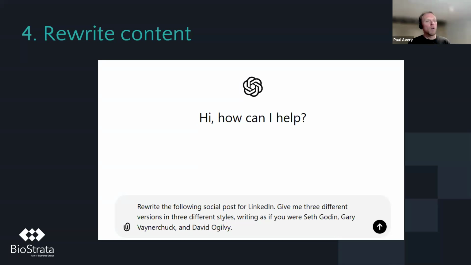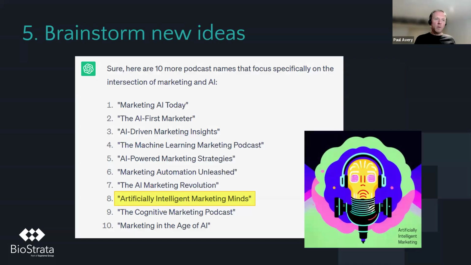But I could also ask for one that was in the style of, I don't know, Arnold Schwarzenegger, Pinocchio, and just start to get really creative and see what sort of interesting things I can get out of it. I'll also do a lot of brainstorming with the tool. So the idea for Artificially Intelligent Marketing, when we created the podcast, we wanted to use AI for all of it. That was kind of our thing.